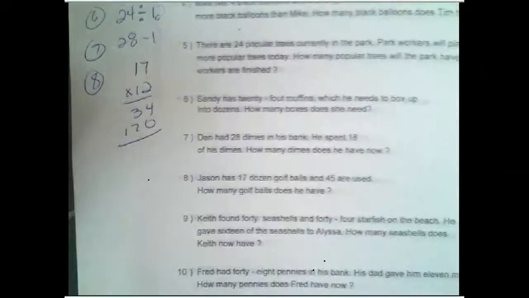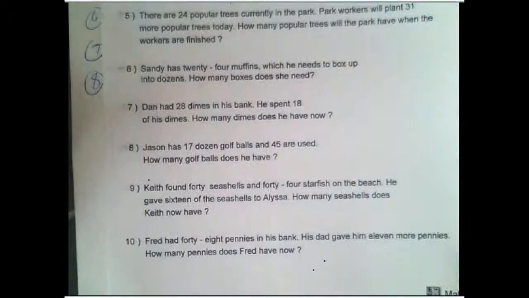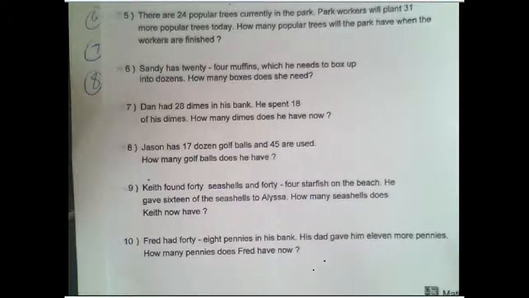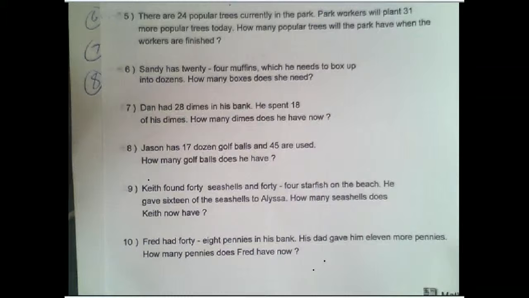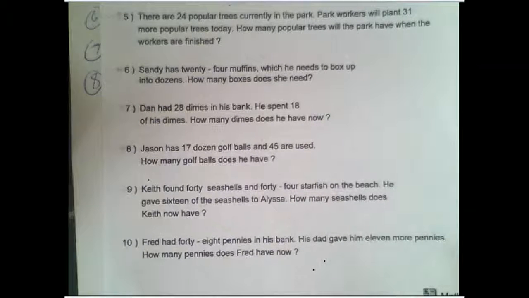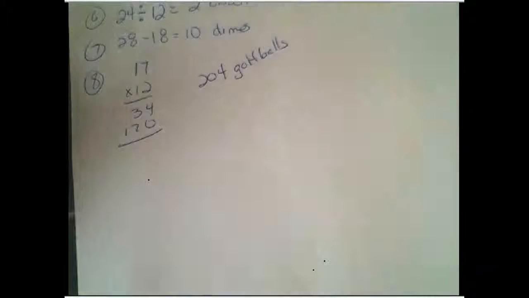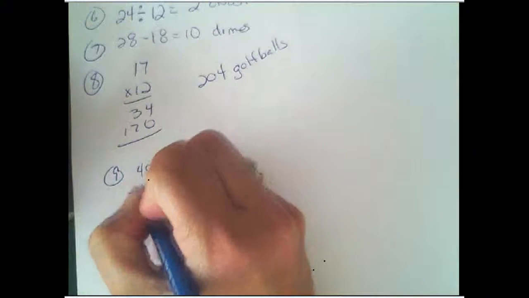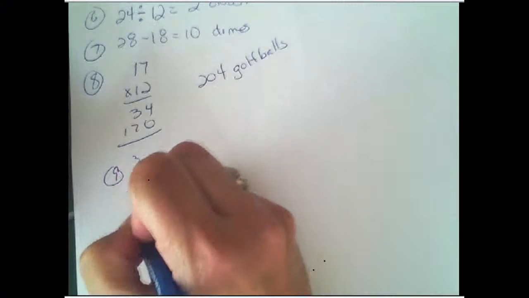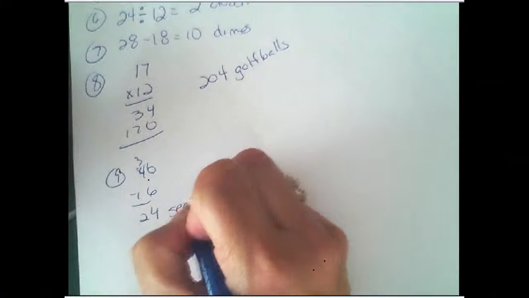Number 9. Keith found 40 seashells and 44 starfish on the beach. He gave 16 of the seashells to Alyssa. How many seashells does Keith now have? We don't care about the starfish. We're looking only at seashells. We had 40. We gave away 16. Number 9 would be 40 minus 16 is 24